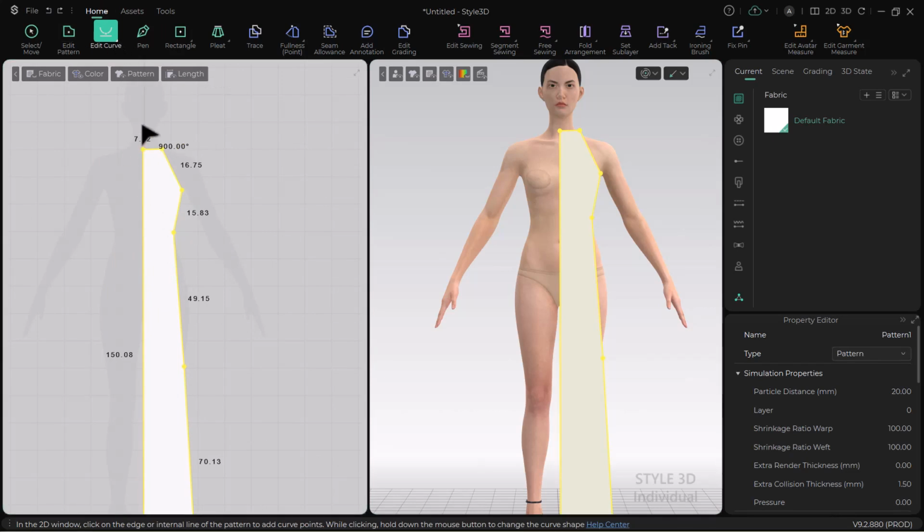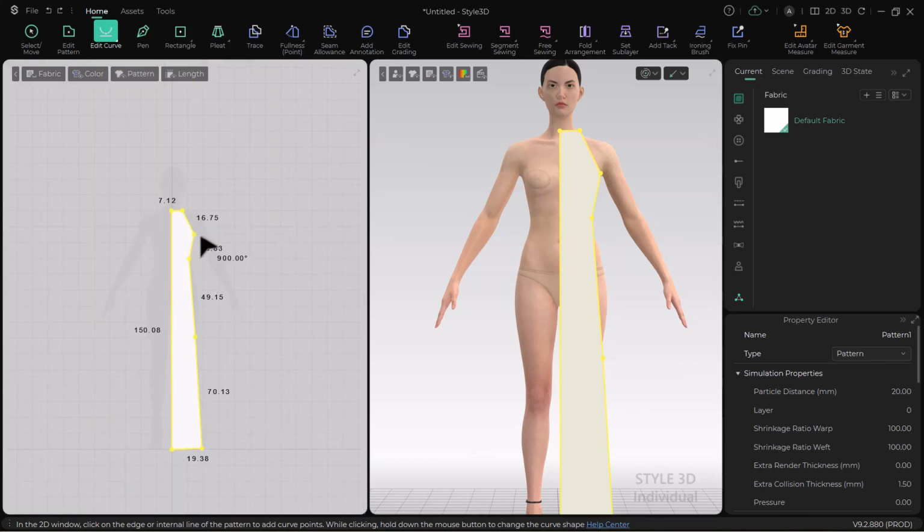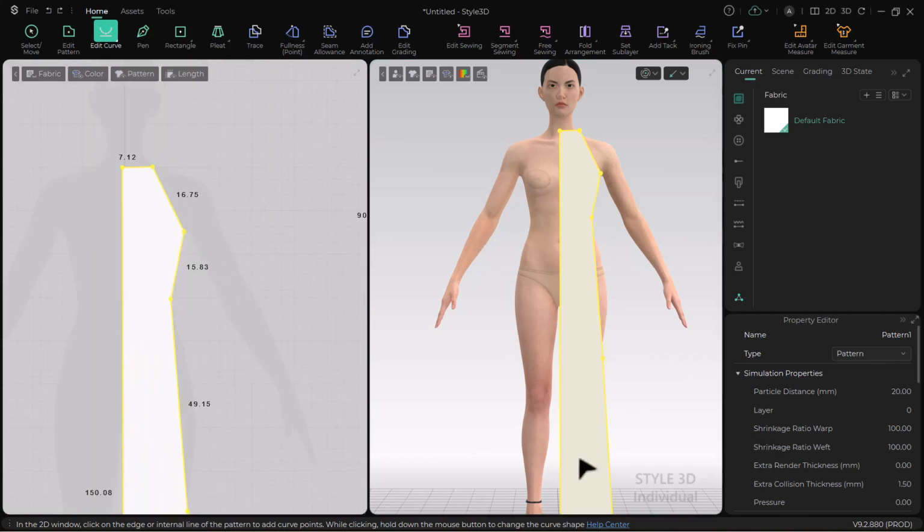So I'm going to be using the short keys, which I'm going to mention. It's always nice for you to master some of these short keys so that you don't have to go back and forth, and it's always easy to master the short key from the beginning. So short key for curve is C. So I'm just going to curve all of those lines that need curving, like the neck,